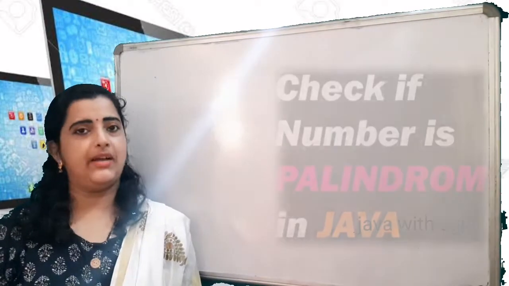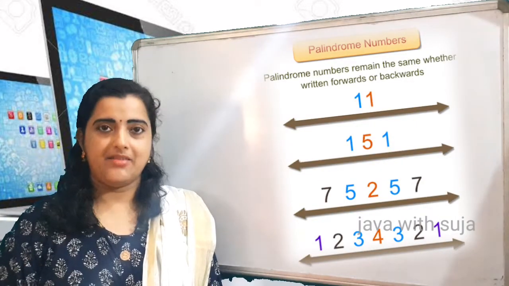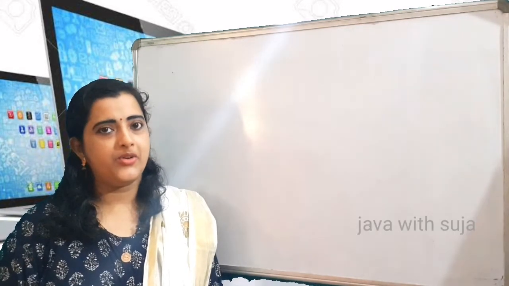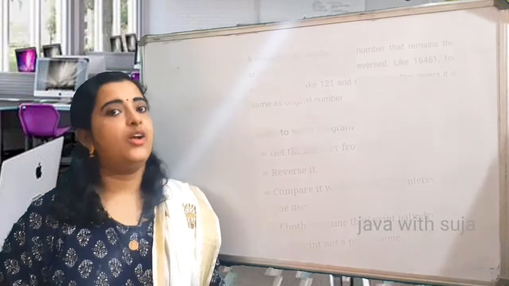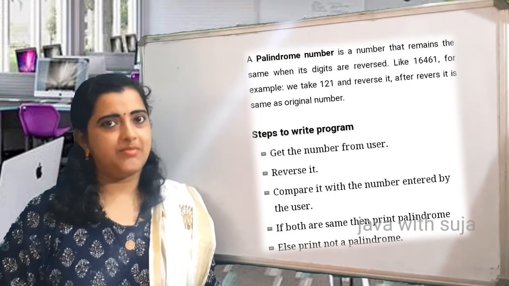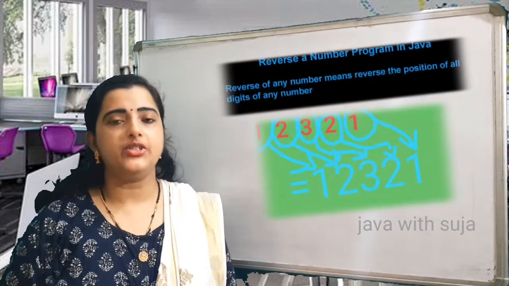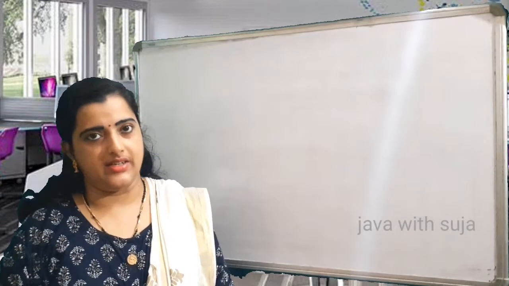Now we are going to see how we use the while loop in a palindrome program. So let us see what a palindrome number is. How can we identify whether a number entered is a palindrome number or not? Let us see the steps. Obviously a question arises: how do we implement the logic to reverse a number in our program? In order to find whether a number is a palindrome or not, we have to reverse that number.